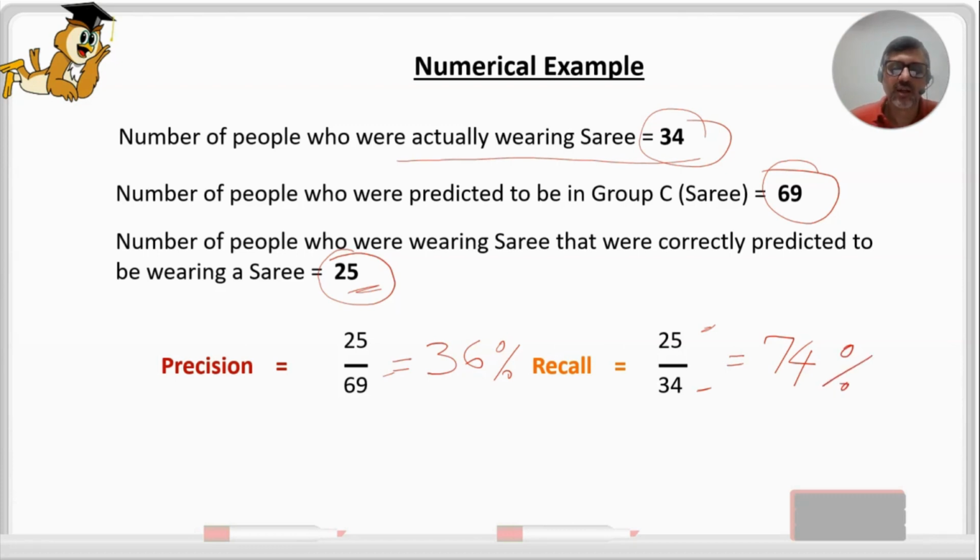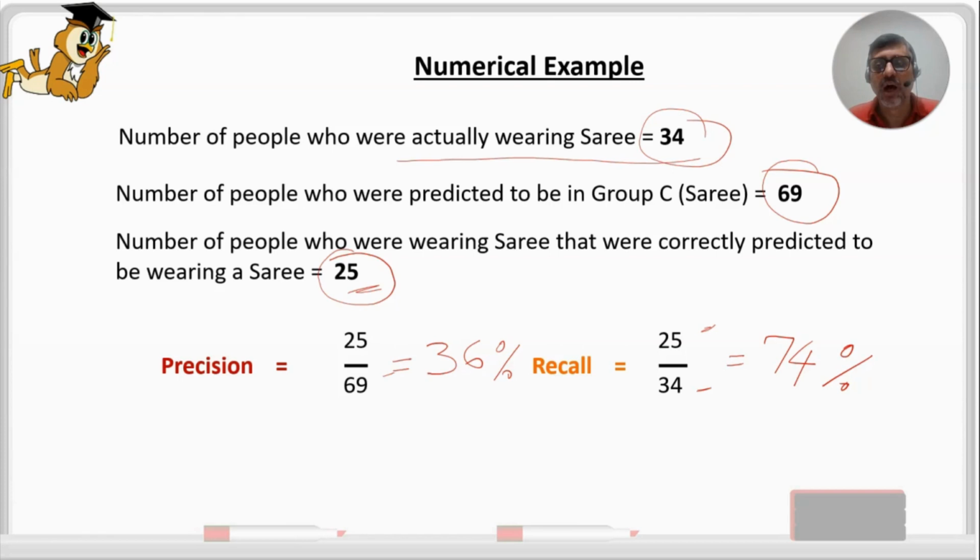Okay, so these are the quantities. The numerator is the same in both cases, and the denominator changes depending on the parameter you are evaluating. Actually, a lot of people will tell you that there is an inverse relationship between precision and recall. As precision goes up, recall goes down, some sort of a mathematical relationship. The fact is that there is no mathematical or theoretical relationship that says that precision is inversely related to recall, or recall is inversely related to precision. There is no such mathematical